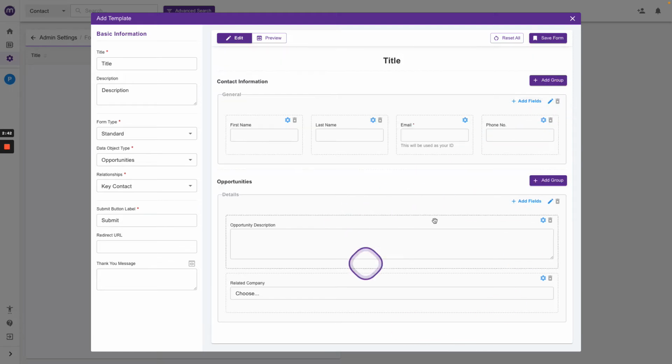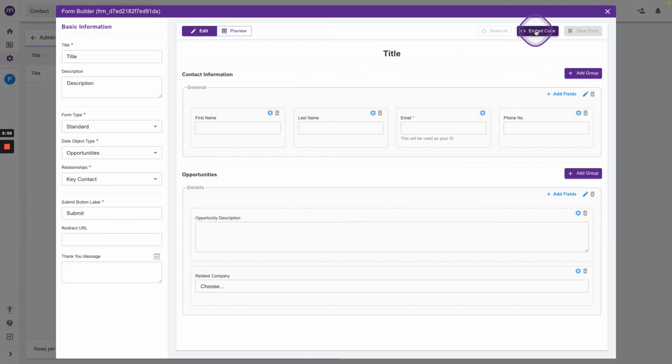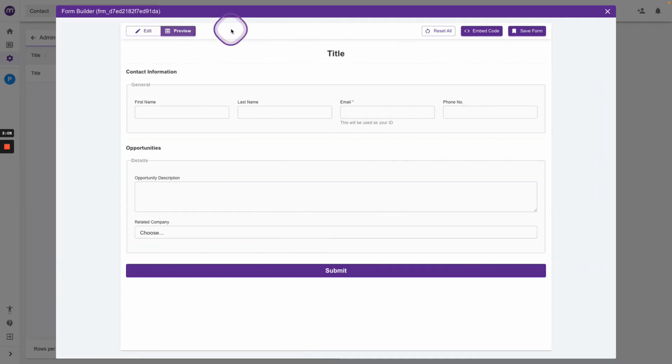So of those options there, I can go in and save that. And then I can have either here on the icon or inside, I then have access to the embed code. So I can get the JavaScript, I can get the iframe, or I can get the HTML to put on my website or wherever you need to host it. And this is unstyled, so you can see there's a preview. It's very basic. You have the freedom to style it with CSS. Whatever you need to do there